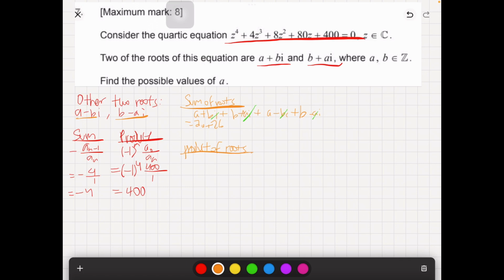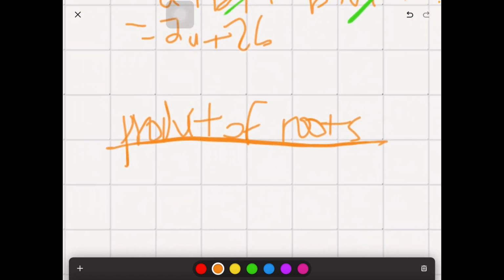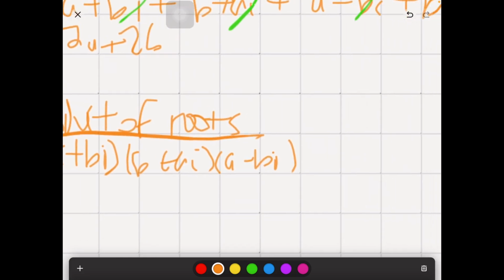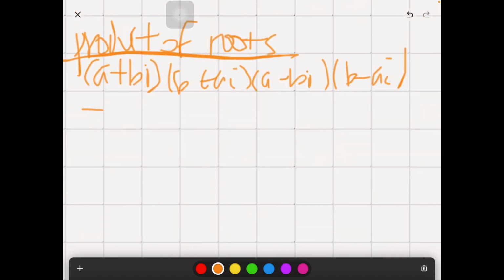So the product of the roots is going to be a plus bi times b plus ai times a minus bi times b minus ai. And this, if we rearrange it a little bit,